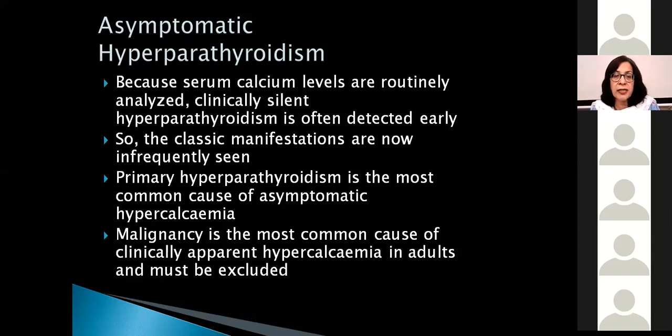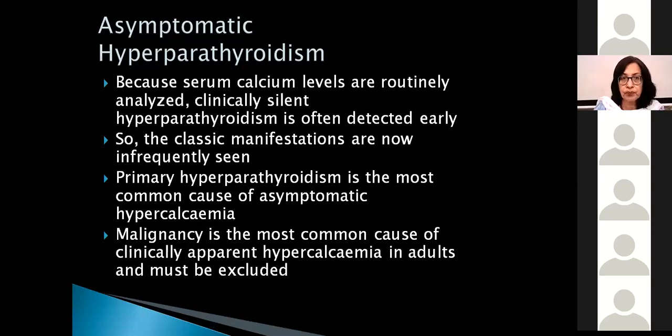If you find hypercalcemia, see if it is symptomatic or asymptomatic. If it is symptomatic in an older patient, there is more chance of malignancy. If it is asymptomatic, still a disease of adults but at a lesser age, then it is most likely primary